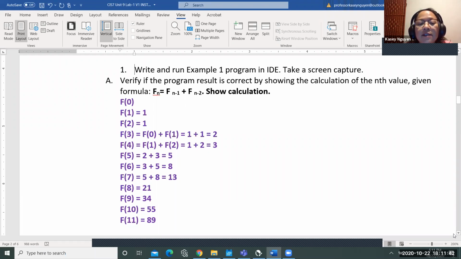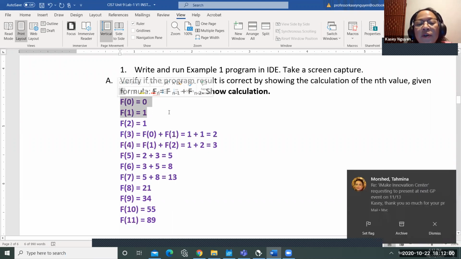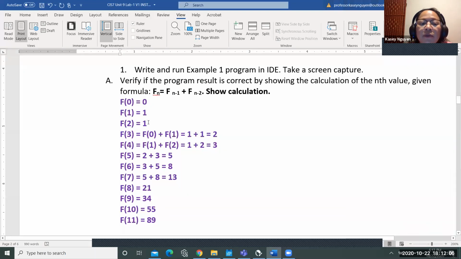Okay. So I start with f of 0 is 0. So I seed it at 0. And in f of 1, I have 1. So these two have to be given in order for us to derive the next position, which is f of 2.